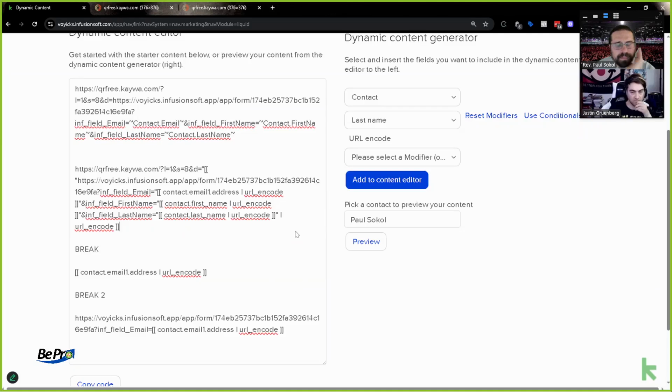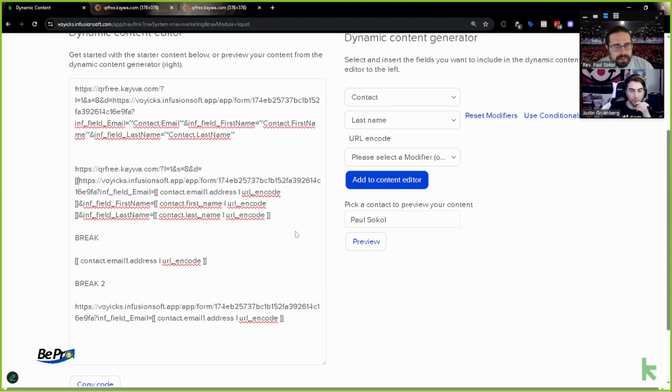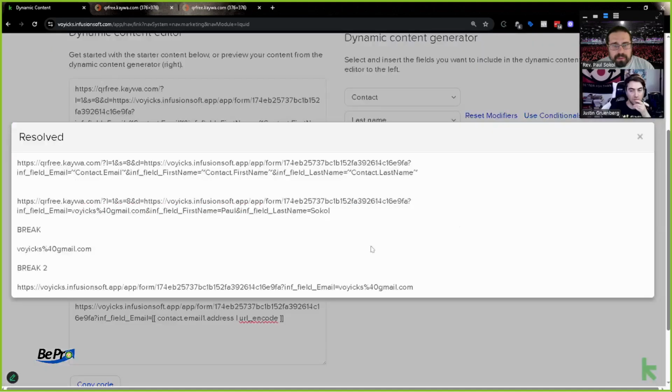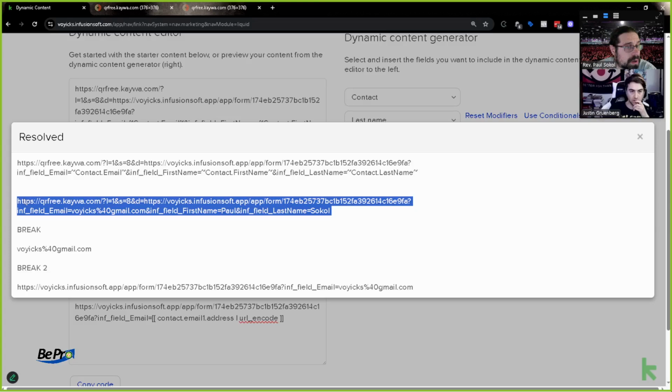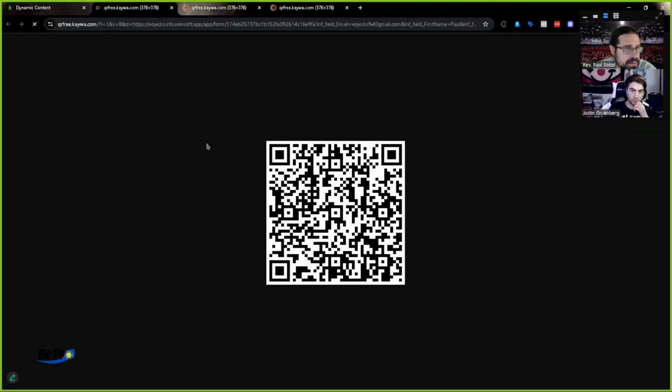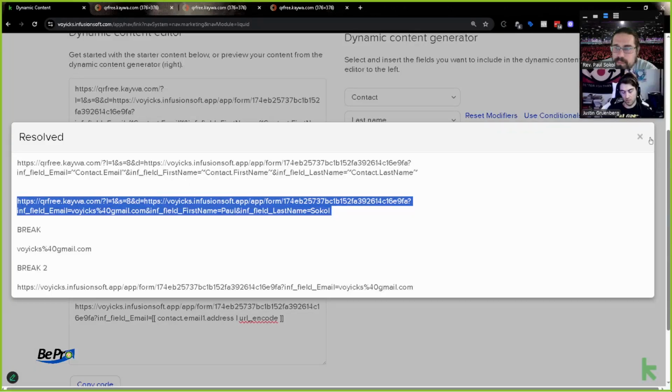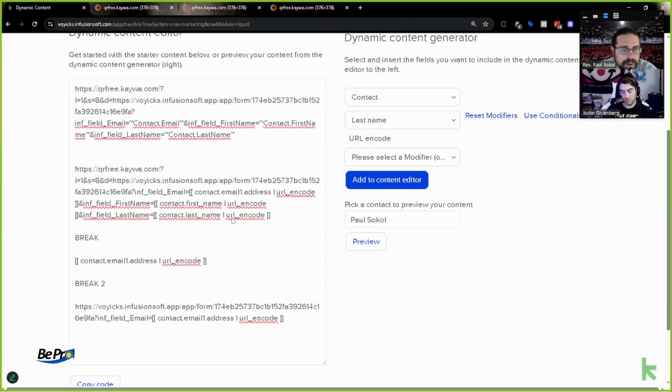Can I undo all this? Yeah, let's undo all this. Okay. So this works. If I go to this, it pre-populates everything I got going on. Okay. But as far as the QR code, it stops after my email address. So what we might need to do is URL encode the @ symbol and the equal symbol,